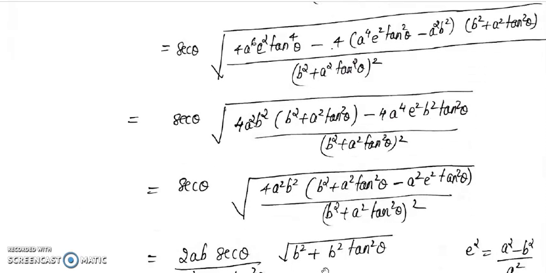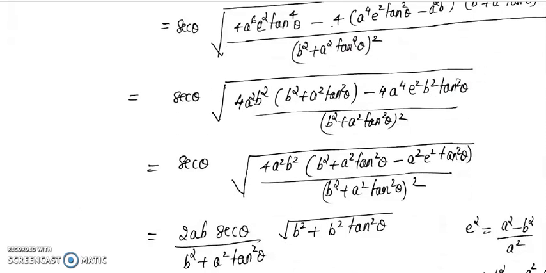Now we have e square equal to a square minus b square by a square. So therefore a square, okay, b square will be equal to a square minus a square into